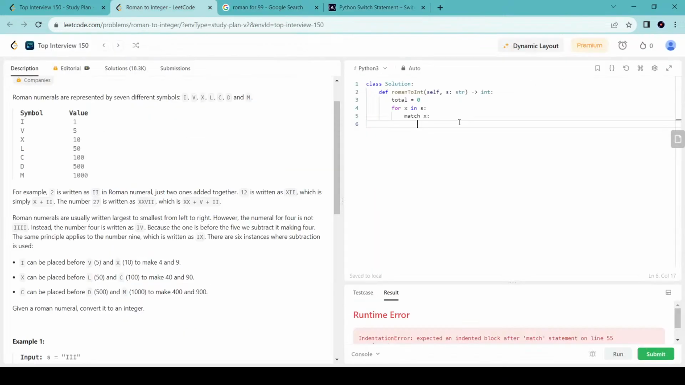So match X, if X is M, X is D. You know what, let's just use the ordering given to me over there. If X is I, V, X, damn it. L, C, D, M. Okay. So for most of these, what I'm going to do